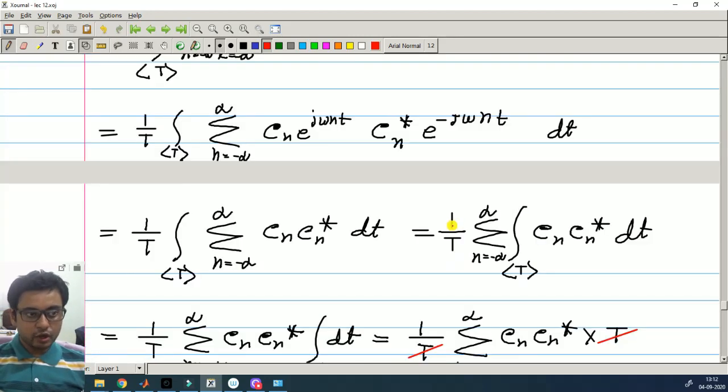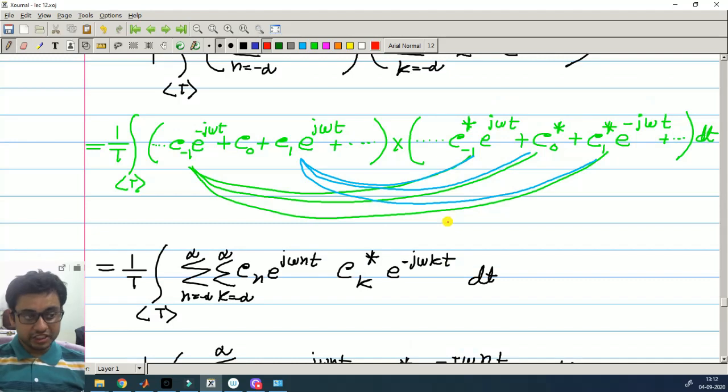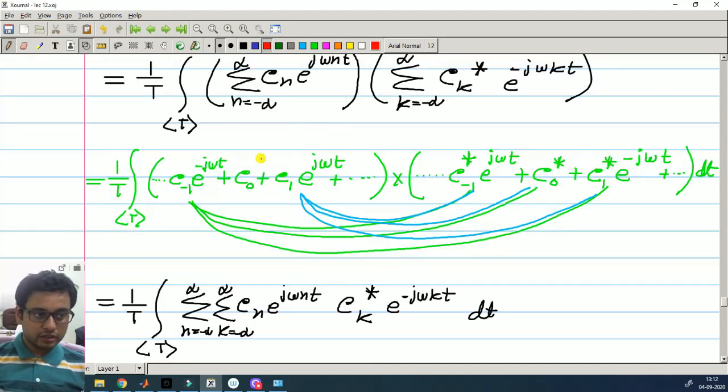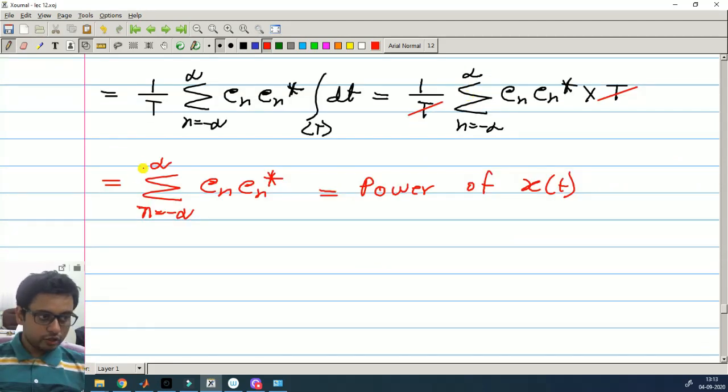and this is true, because when you multiply this series of terms with this series of terms, most of them become 0, and whenever the frequencies match, those terms survive. So this is a very